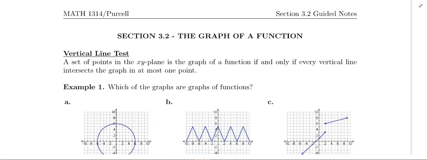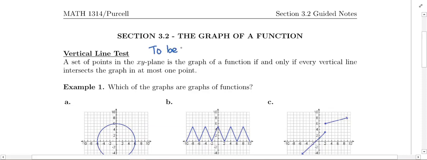All right, we are going to start with the vertical line test. So the vertical line test states, a set of points in the xy plane is the graph of a function if and only if every vertical line intersects the graph in at most one point. All right, so if you think back to section 3.1, we talked about what a function is, and I told you that glorious statement to remember: